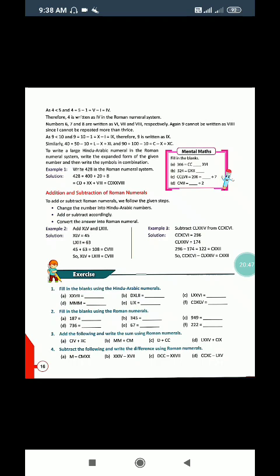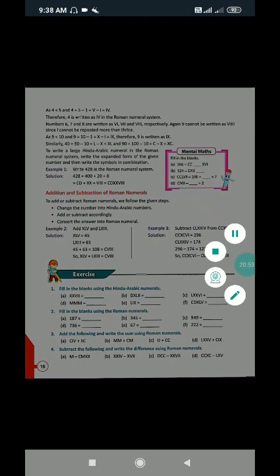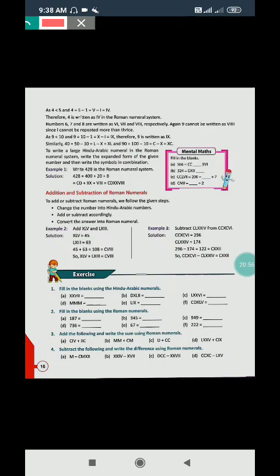Okay, now we will do some additions over here. I will do this one, number D. Number D, I will do it for you. I will show these examples in another copy, so you will take the examples, so you will be able to understand from there.